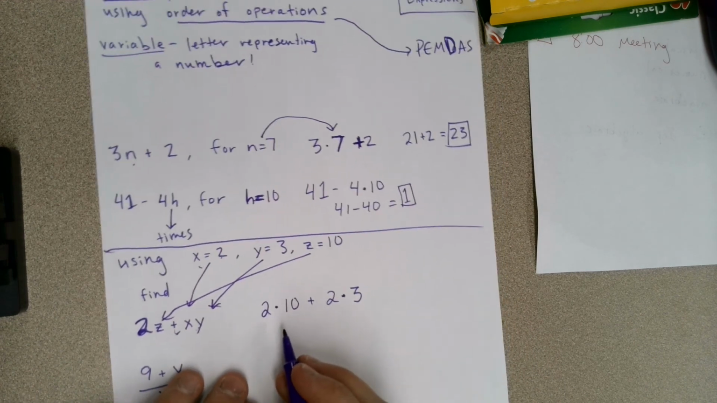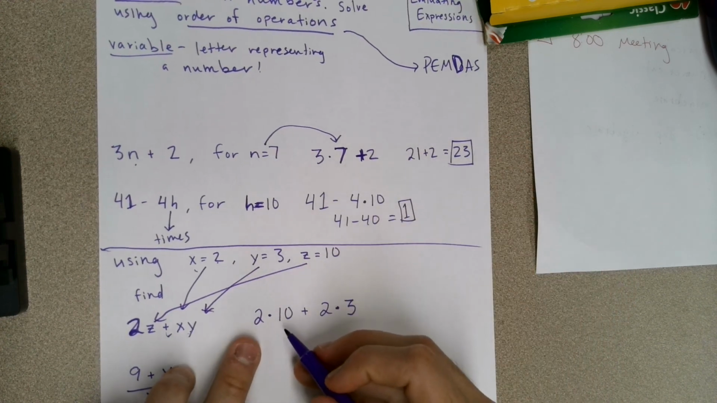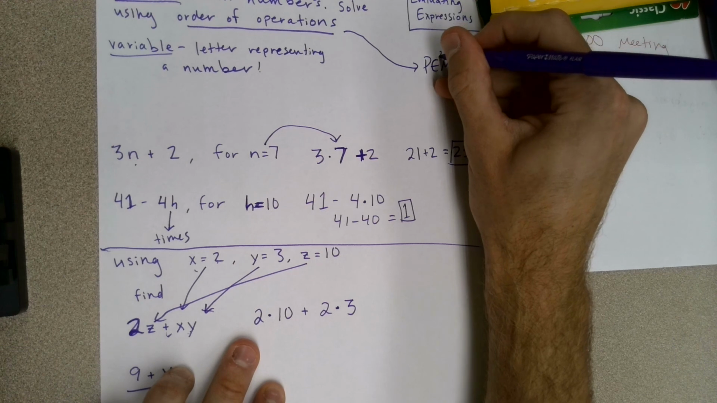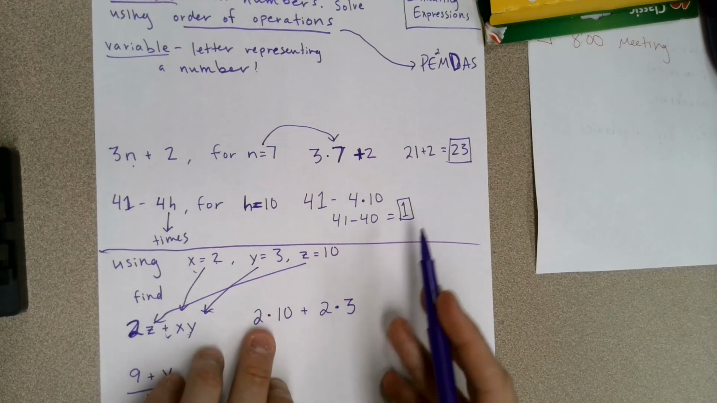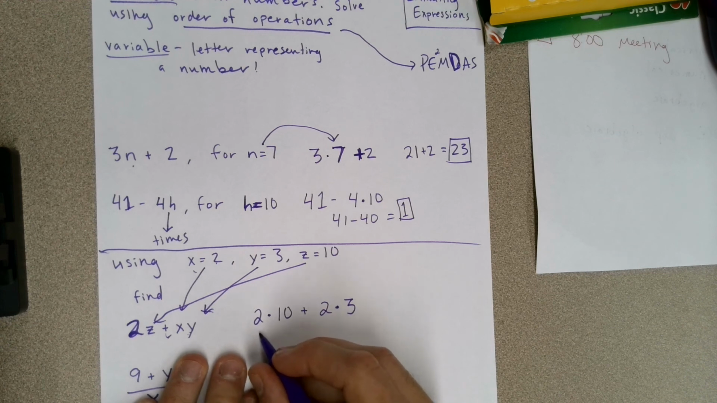All right, time for our PEMDAS. P, parentheses, there's none. Exponents, there's none. Because remember, our exponents are like the little square root sign. Multiplication, oh, we got multiplication. We'll start from the front. 2 times 10 is 20. Easy math. Plus,